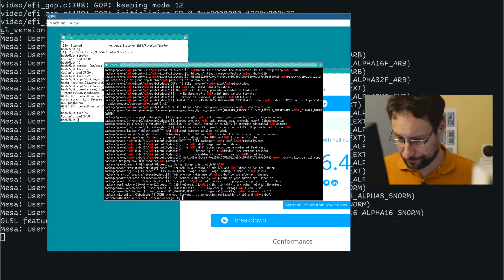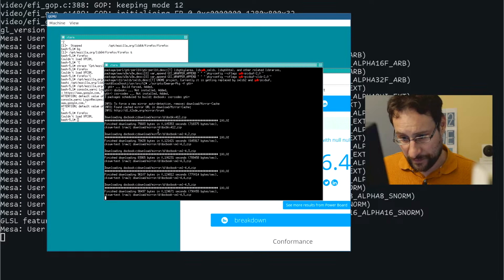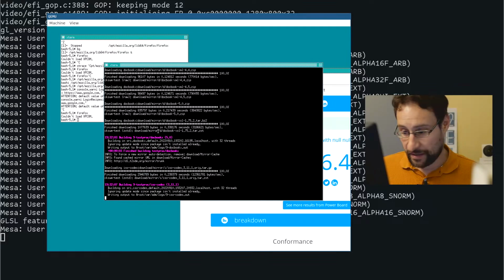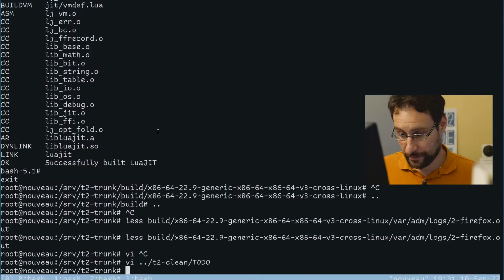Maybe if I disable G-object introspection in VTE, it's building some stuff. What exactly does it build there? Oh, DocBook. Okay, fine, build it then. The more we test, the more we know.